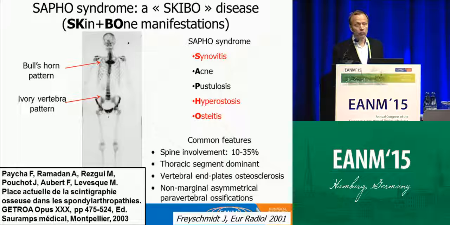So SAPHO syndrome, as I was just telling you, is another SCIBO disease. SCIBO is the acronym for skin plus bone manifestations. It's one of the conditions where you must search very easily for dermatological cues to foster, to strengthen, or to discard your first diagnosis grounded on skeletal manifestation. So it's synovitis, acne, pustulosis, hyperostosis, and osteitis. As you can see in SAPHO syndrome, roughly half